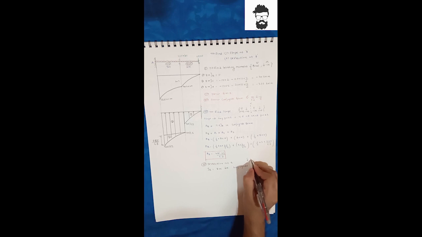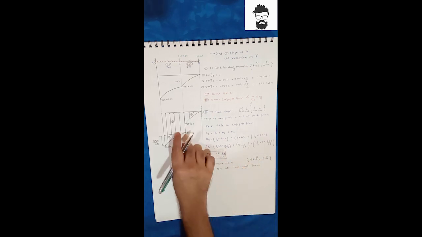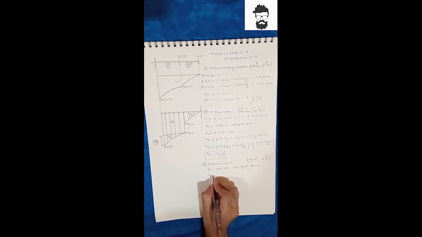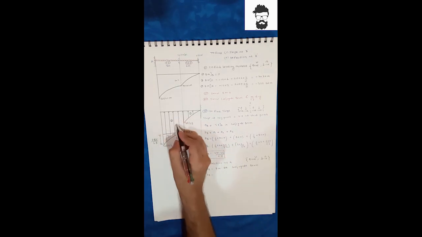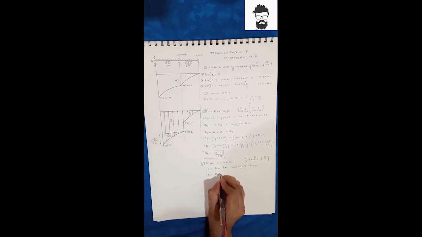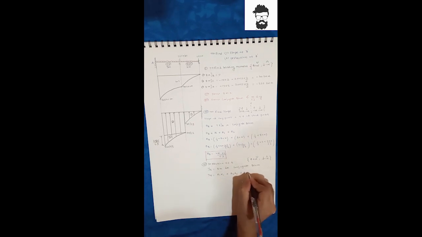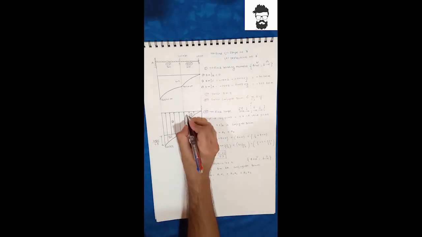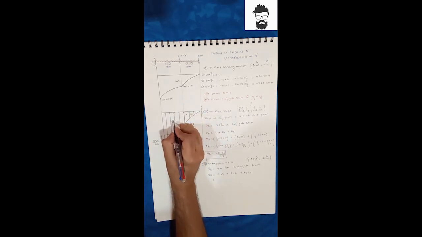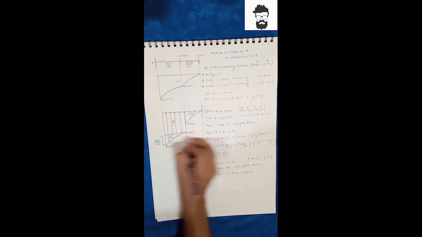So the sign convention for bending moment: upward arrow is positive, it gives a sagging curve, downward arrow is negative, it gives a hogging curve. So we need to find the bending moment in the conjugate beam, and moment is nothing but force into perpendicular distance. Here force is area 1, area 2 and area 3. So YB becomes A1 into x1 plus A2 into x2 plus A3 into x3. Here x1, x2 and x3 are the CG of 1 from B is x1, CG of 2 from B is x2, and CG of 3 from B is x3.